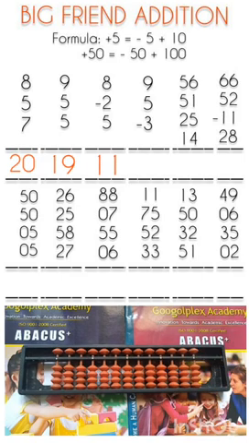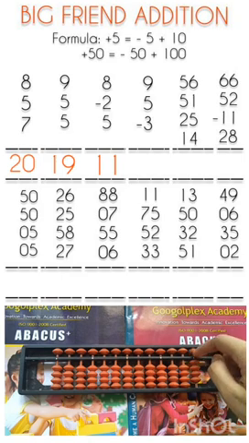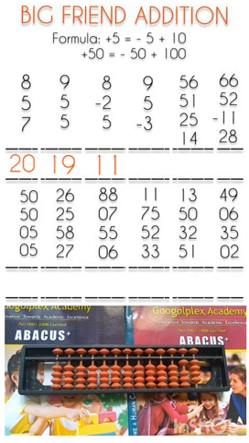Now question number 4. Solve 9 plus 5 minus 3. First number is 9. 5 plus 4, 9. Now again add 5 to this number. Not possible. What we have to do? Minus 5 plus 10. Done. Now subtract 3 from it. Minus 3. What is the answer? Answer is again 11.